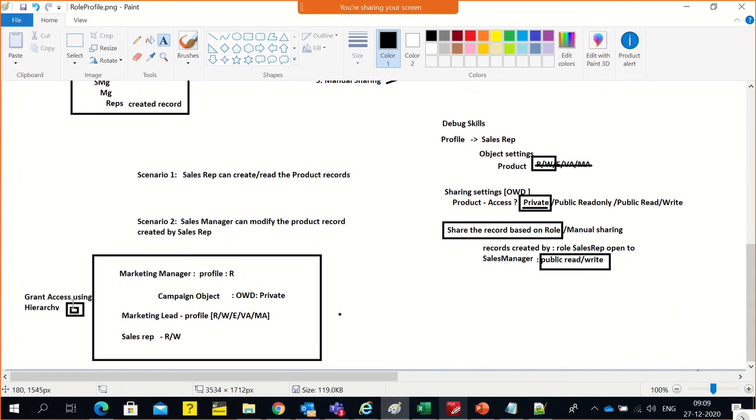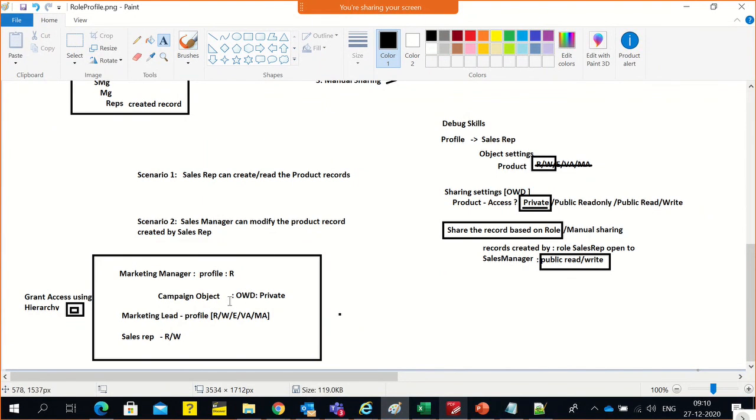At least "Grant Access Using Hierarchies" should be checked so that the data beneath you in the hierarchy can be seen by a manager. If that is not checked, I have to check it to see the data. And once the manager can see the data, if he says I don't want only to read, I also want to modify, then you need to go to the profile level and change it,